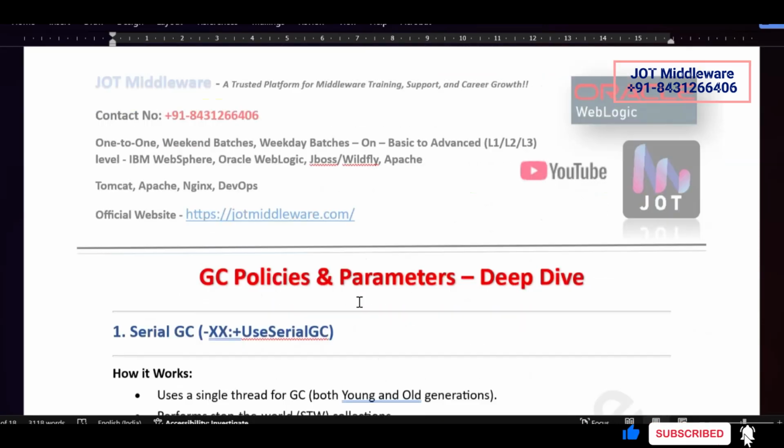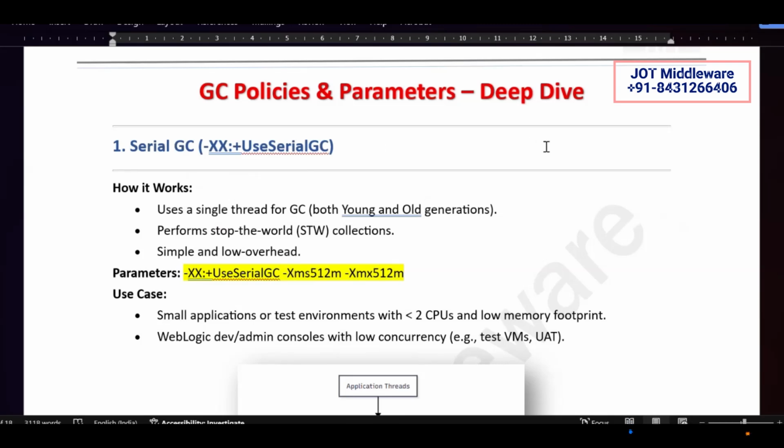So let us start from the basic one, the first one, which is